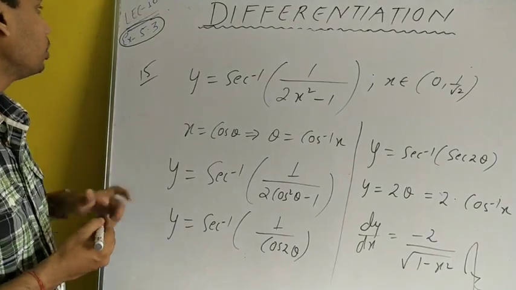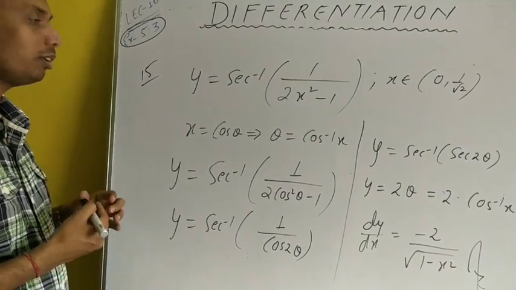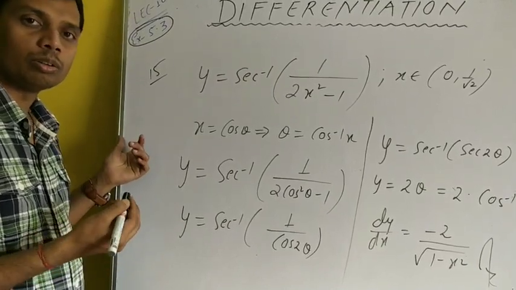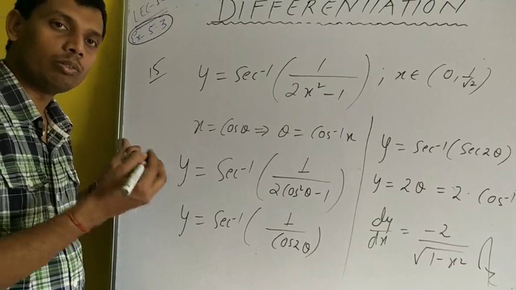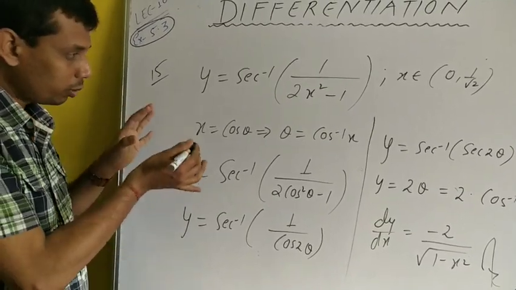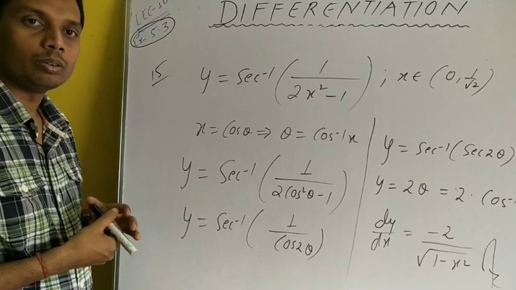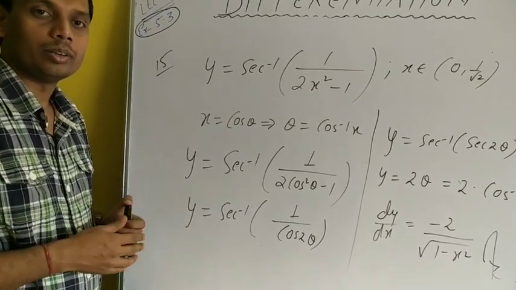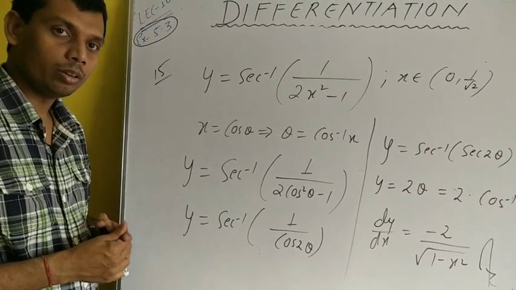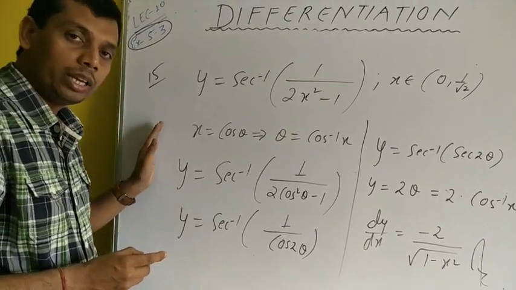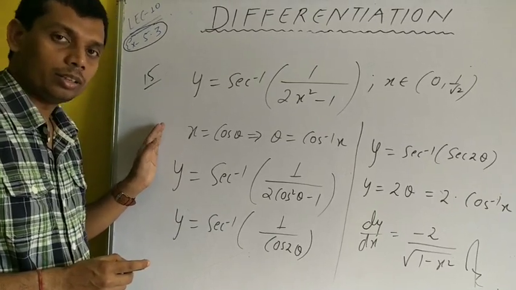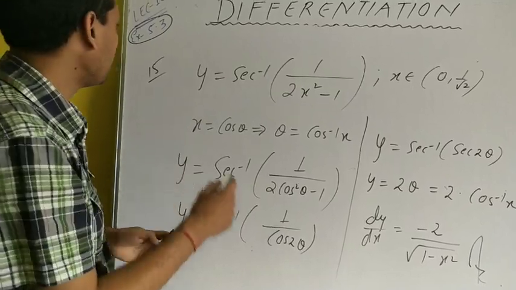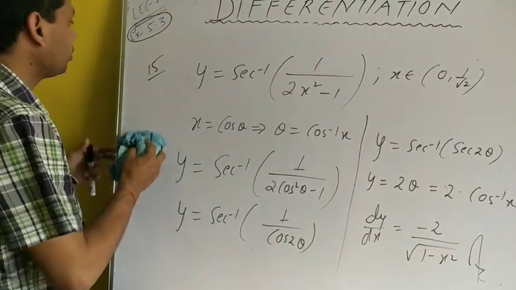So here we complete exercise 5.3. I have discussed all the questions. Apart from these questions, you should follow some reference books also. Try to solve questions from this particular topic from different books, and if you have any doubt, just share those questions with me. After completing NCERT, we will discuss the numericals from different books also. Now let us start with exercise 5.4, the next exercise.